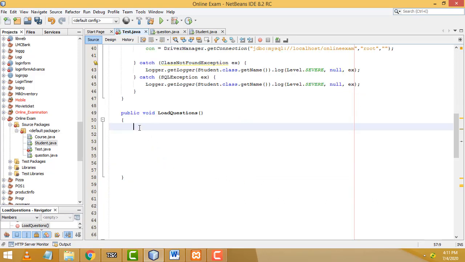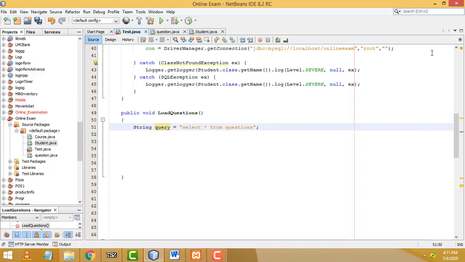Perfect. Now here, first we have to write the query string: query equal select all from questions. We have to load the questions.